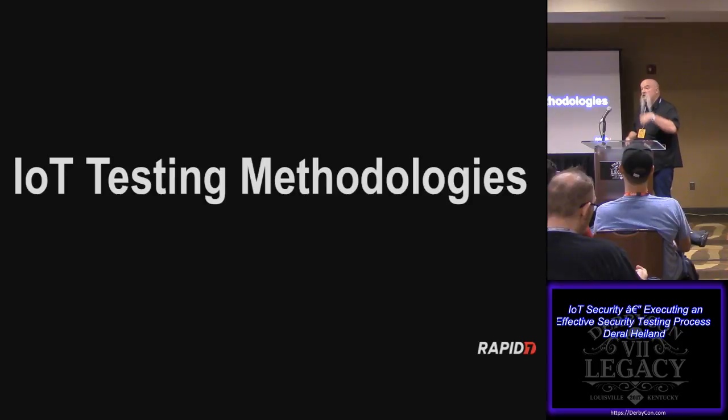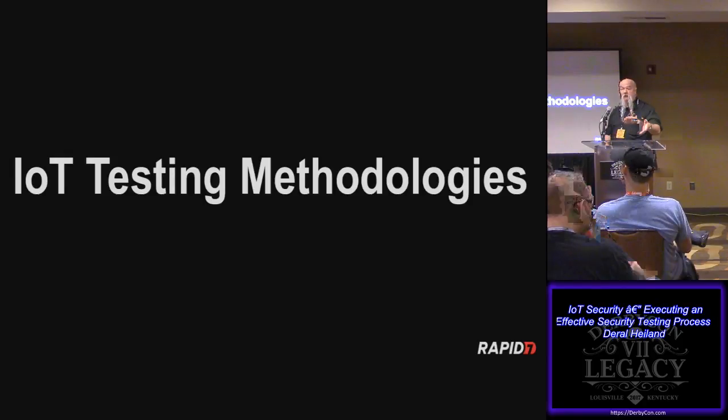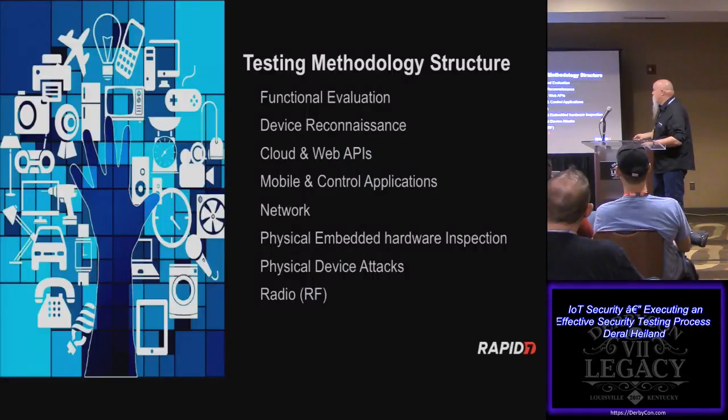So coming out of that, what we've done is look at IoT testing methodologies. Now, this is fairly high level, because every granular level you get to is really on the particular device or ecosystem you're looking at, so it can vary. It's typically made up of these 8 general categories: functional evaluation of the product, and device reconnaissance. I mean, we often forget, what about recon work? What can we find out about the device? Then cloud web APIs, mobile control applications, network communication, and physical device inspection. Not physical device hacking, inspection. And then physical device attacks: firmware, JTAG, UART, all those types of things. And then of course, a lot of these devices utilize various radio RFs, whether it's Bluetooth, Zigbee, Z-Wave,